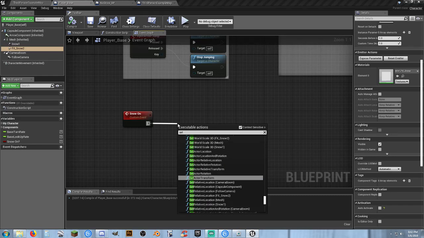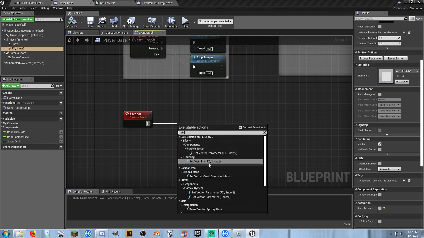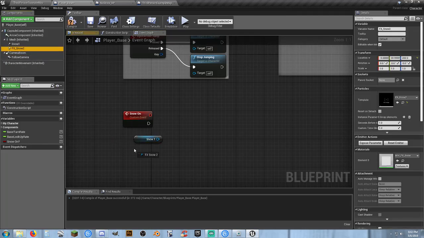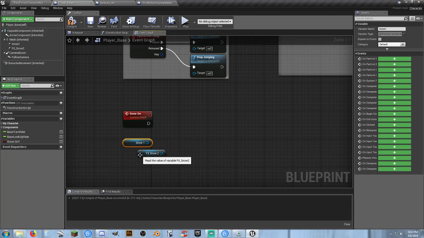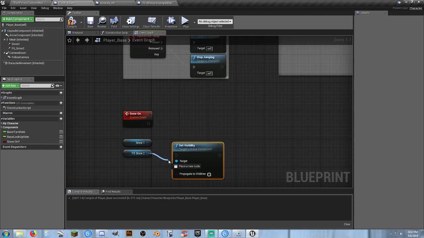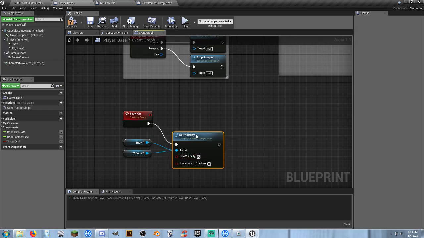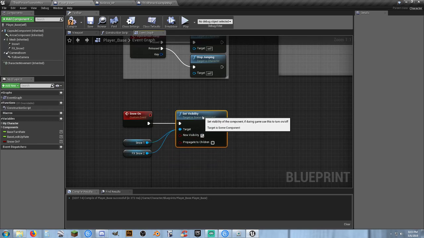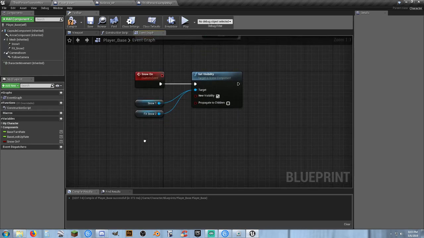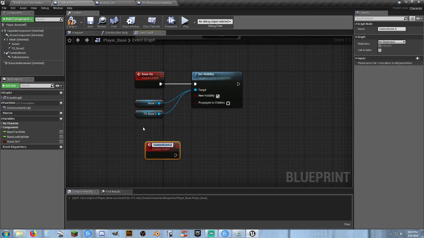Let's see, set visibility. Well, let's just go ahead and grab this guy and this guy. Set visibility to true. So when we run the custom event of snow on, that's what happens. We'll do custom event snow off,